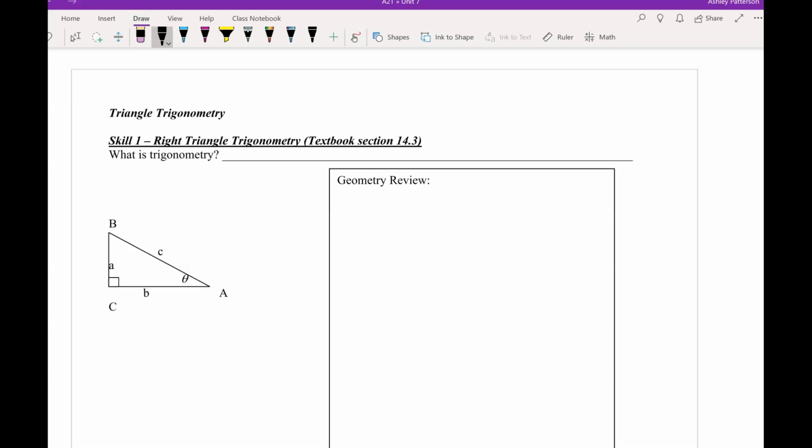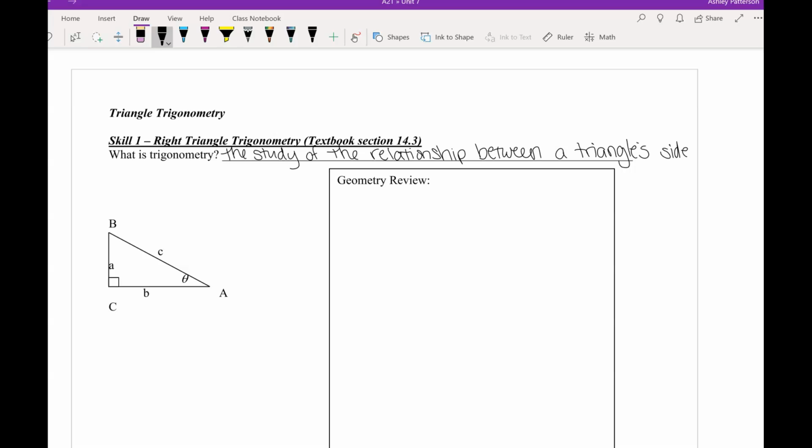Okay, so what is trigonometry? It is the study of the relationship between a triangle's side lengths